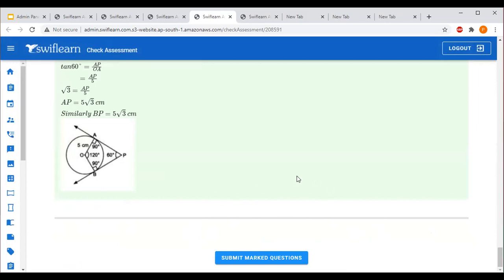Now, one more thing I wanted to inform you. In the next class, if you get a requirement from the parent side that ma'am, we wanted to discuss this assessment, you can open that, you can view that, but do not do it in front of the students. First stop sharing your screen, and after that you can do that.